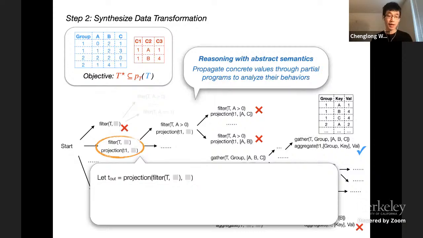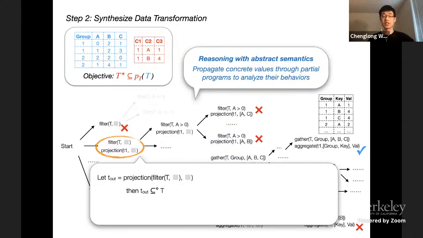Actually, no, because one thing we know for sure is that whatever predicate or parameters we supply, the output would be a table that is included by T. By inclusion here, I mean a generalized version of containment, considering both column and row containment. This is essentially an abstract property of this whole family of programs.